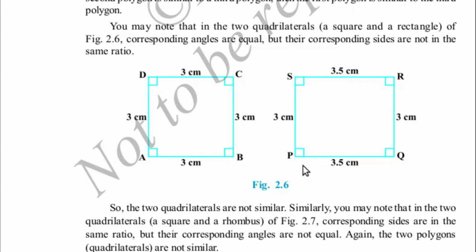It is not. The reason why these two figures are not similar is that in the square the length of the side is 3 cm and the angle between two sides is 90 degrees in all the cases. In case of a rectangle the angle between two sides is 90 degrees but the length is different. They are not in proportion with a square. So these two are not similar shapes, even though the angle between the sides is the same in all the cases.